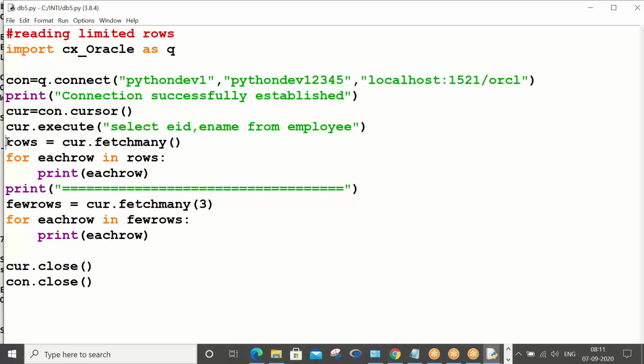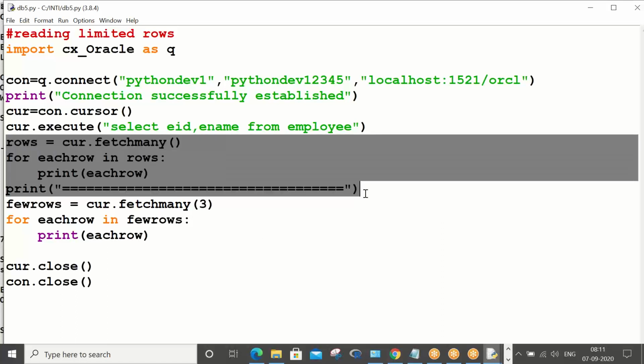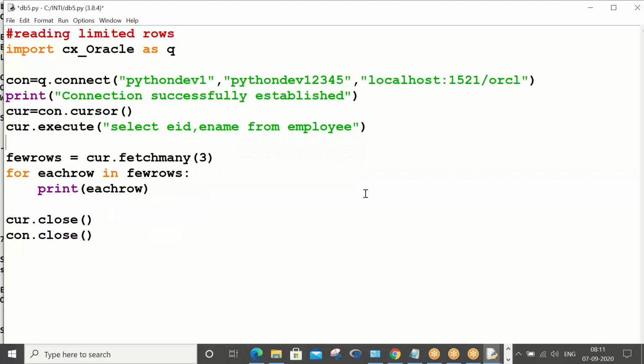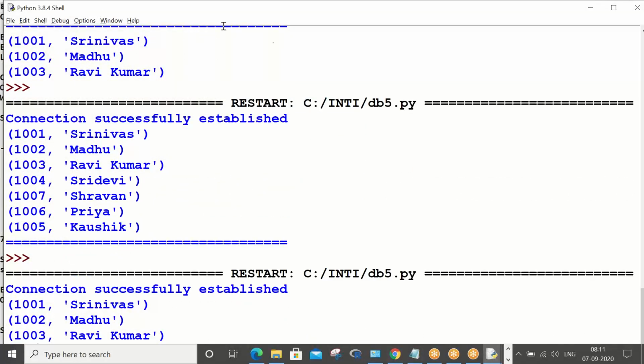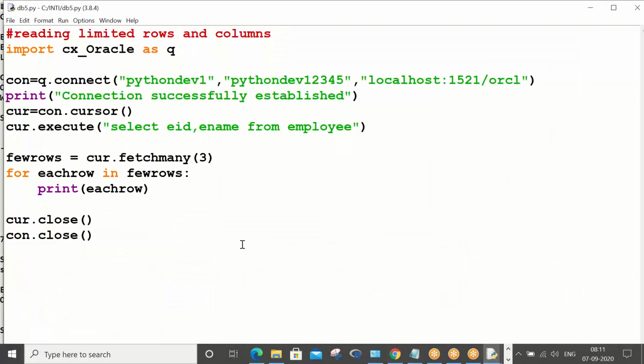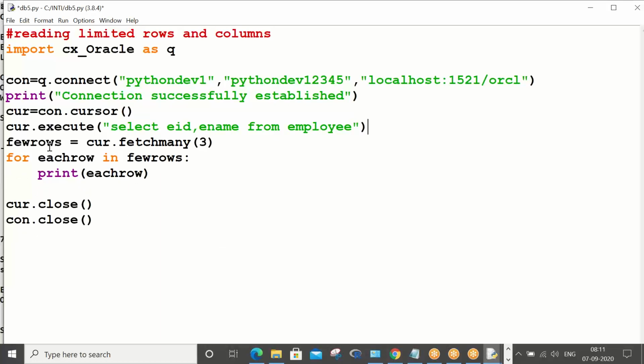So you can remove these lines and execute. Anyway, limited rows and limited columns is the example we are focusing on. You have seen fetchmany in the last code. So this is how you can bring in the data, right? One minute, please, take it quickly.